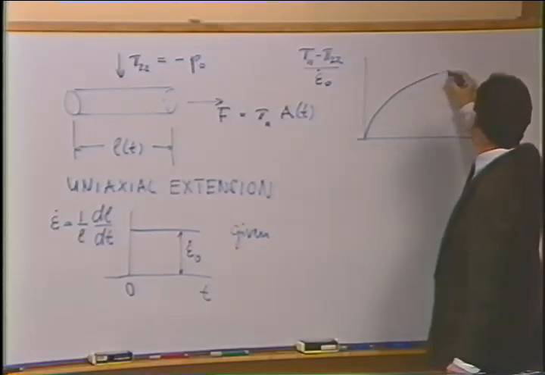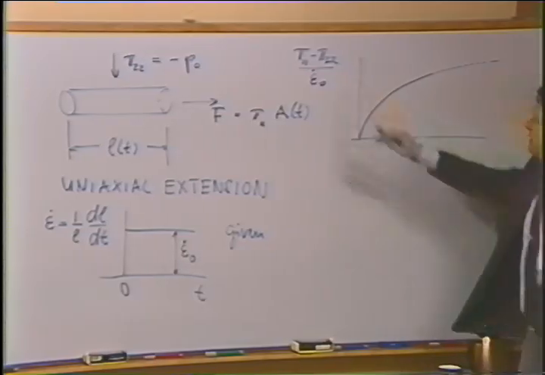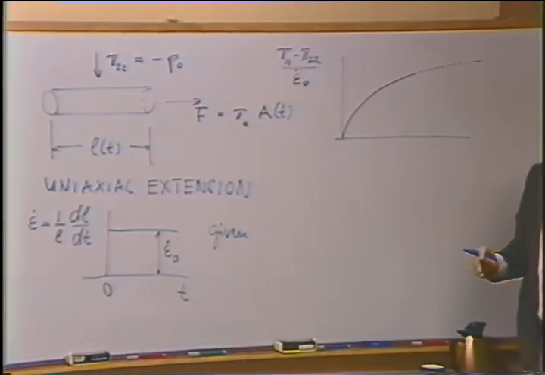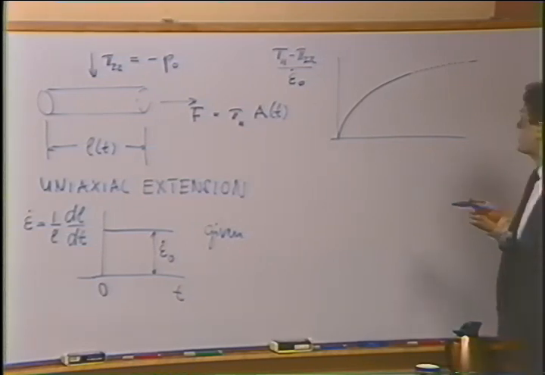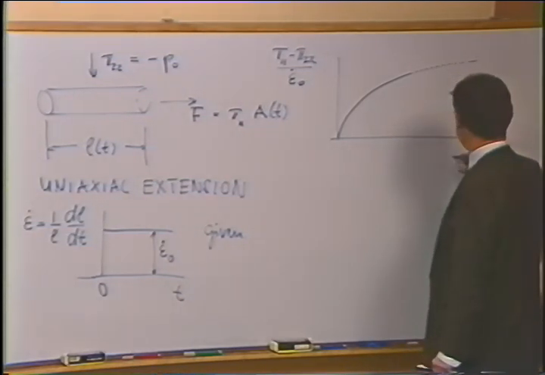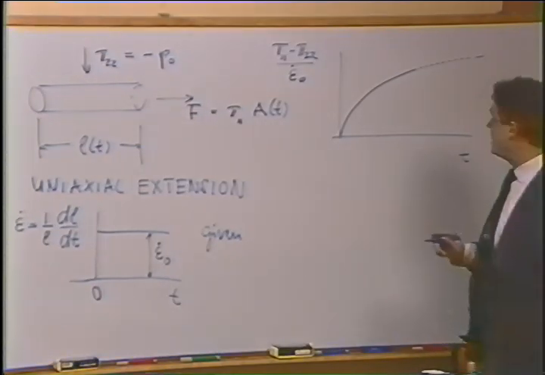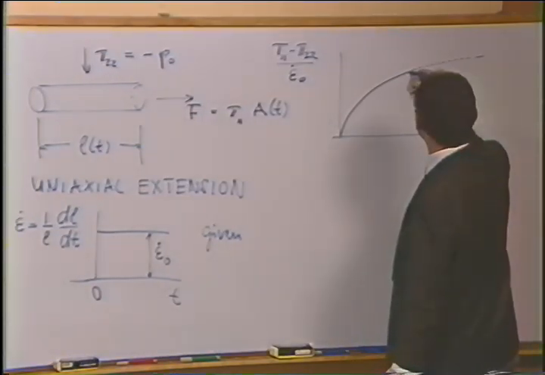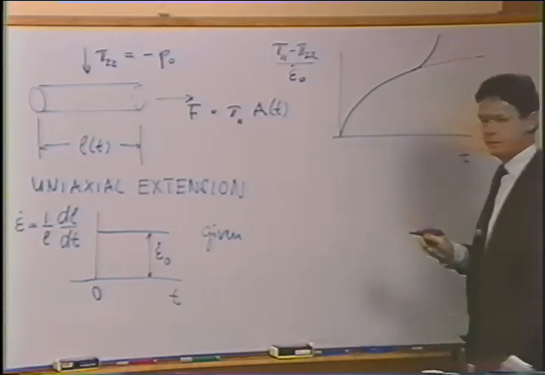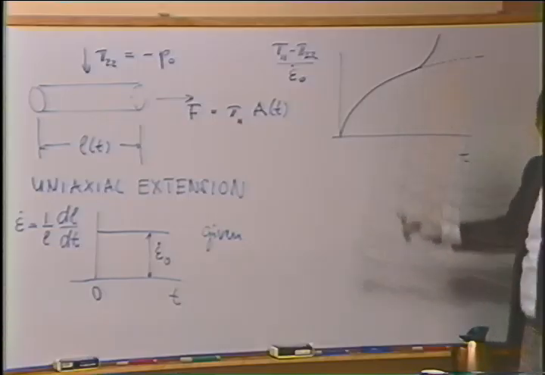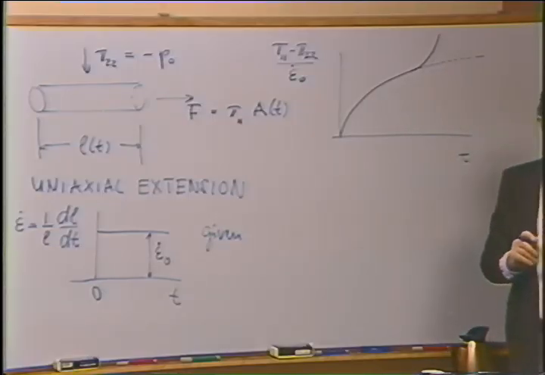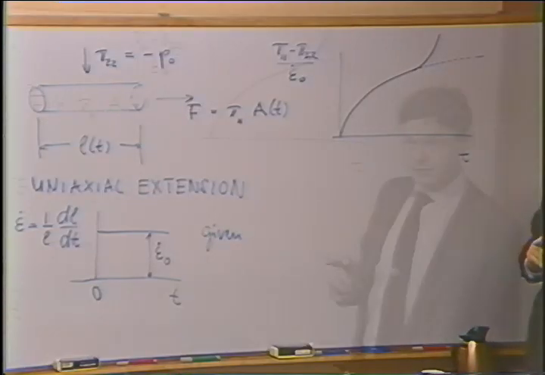The stress, or the type of viscosity as specified here, it is a viscosity. It's stress divided by rate of strain. This viscosity increases as a function of time. This is the stress response. And after some time, interesting enough, it turns up. It starts to grow. And a quantitative equation, for instance, a large rubber-like liquid, is able to model this type of behavior. Even Lodge was predicting that before data were available